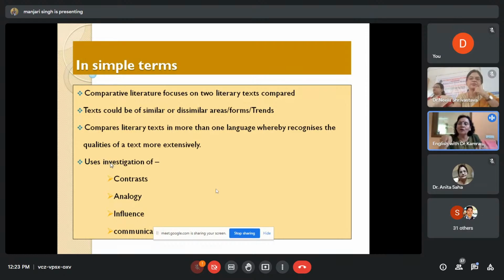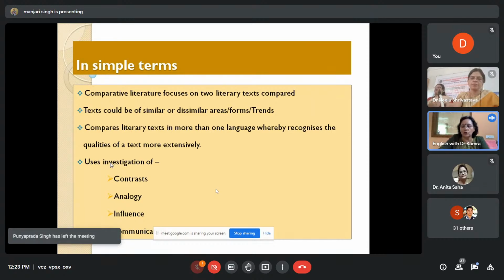So in finding out what is good in the dress which you have bought just now, you're also recalling what is good in others. So it is a reminder. And this reminder comes through investigations when you give ample room to study through contrast, study through analogy, study through influence, or study through communication. So here you'll find that literature finally is nothing of comparative nature, but a universal concept.